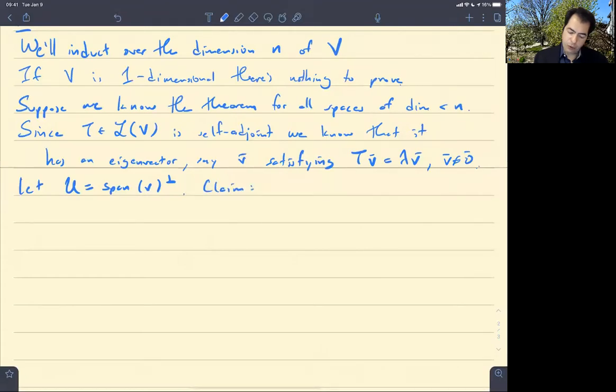Then the claim, and here's where we're using self-adjointness, is that if u is any vector in capital U, then T(u) is again a vector in capital U. So we say that T preserves capital U. It sends vectors in capital U to vectors in capital U. And indeed,